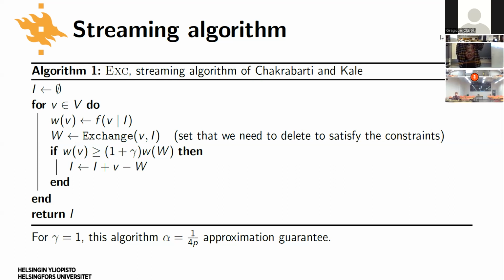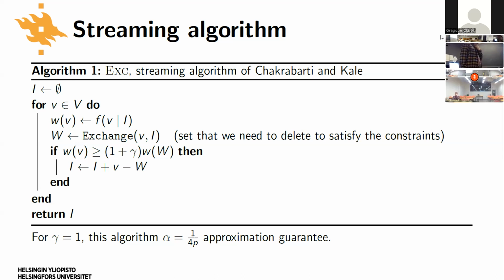For example, if you have a cardinality constraint, it just picks one item out of your tentative solution, and this item should have the smallest weight essentially, the best item that can be removed. With p-matroid, it's a bit more complicated, but the purpose of that function is just to find some items that can be removed such that adding b doesn't violate any constraints.